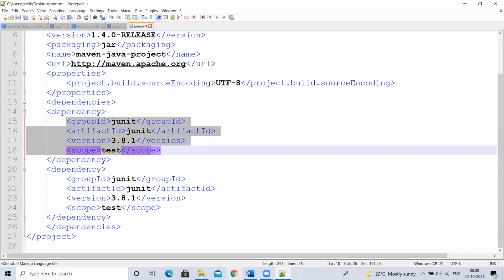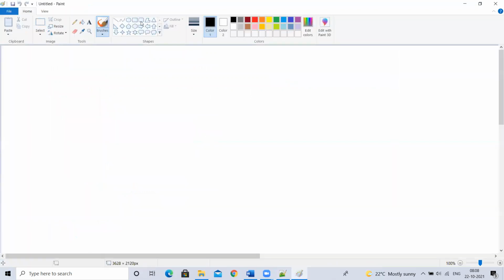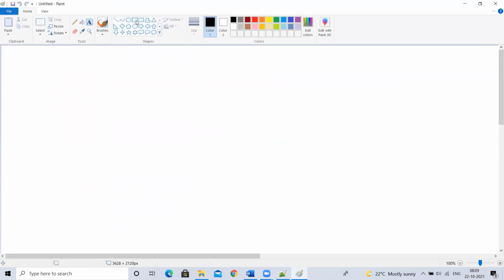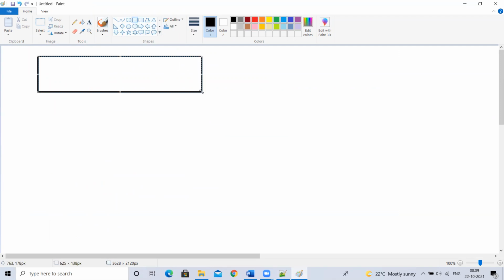Next, let me discuss something called properties. I'll discuss the dot properties file. This is one more basic. I'm discussing everything in bits and pieces, and I'll combine everything so you'll get full clarity. This is very important, guys. It is important for interviews and real time. You remember, this is very important.